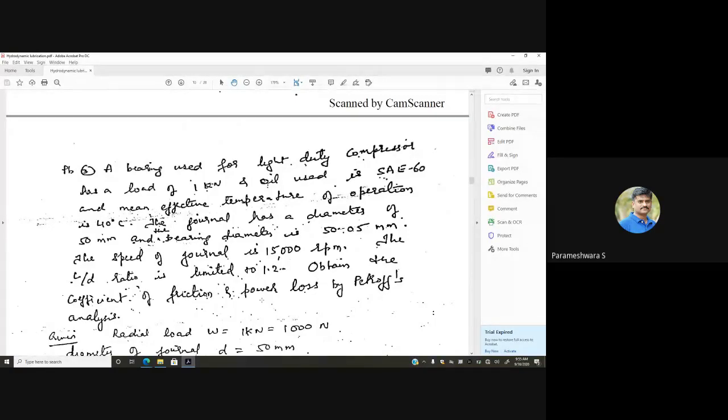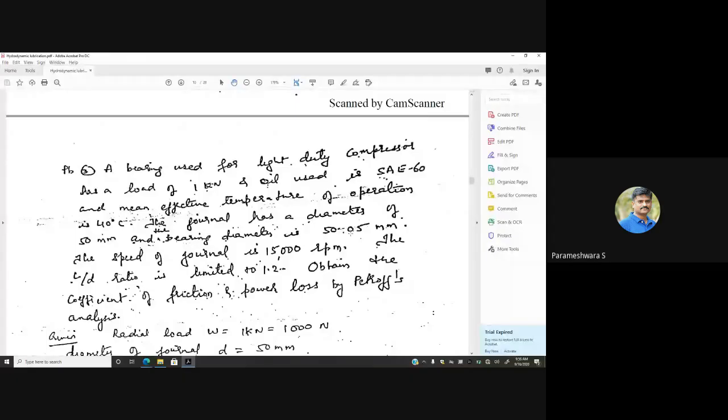Very good. Fine. So one more problem related to Petrov's equation. Petrov's analysis means you are suggested to use Petrov's equation. Again, the journal is rotating at very high speed, 15,000 RPM, and they have given two dimensions here. One is the diameter of the shaft, that is 50 mm, and the other is the bearing diameter. If you subtract 50 from 50.05 mm, you will get a clearance of 0.05